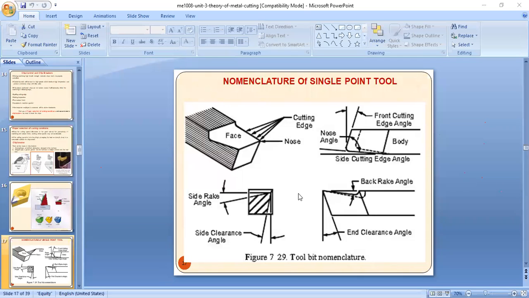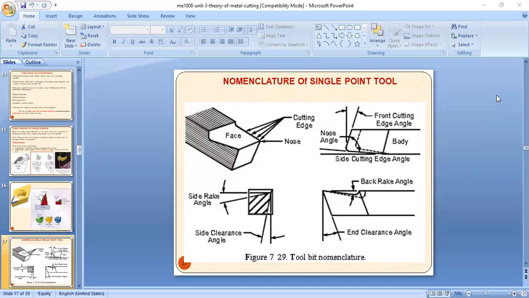And here, another view is there. This is the side rake angle. Already I told you, rake angles are back rake angle, alpha, side rake angle, alpha s, and zero rake angle. There's no notation, but it is zero. For some materials, like brass, you try to use it. This is the side clearance angle, and here we'll discuss that also. What is the back rake angle, or what is the rake angle?